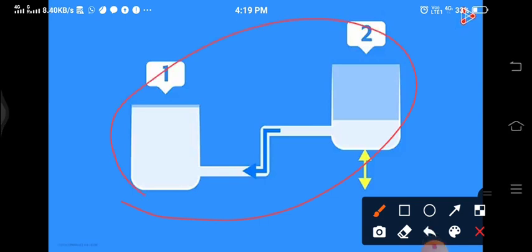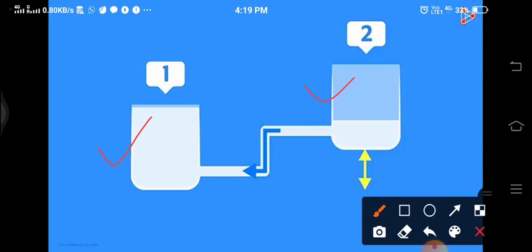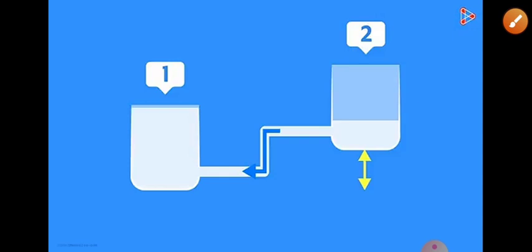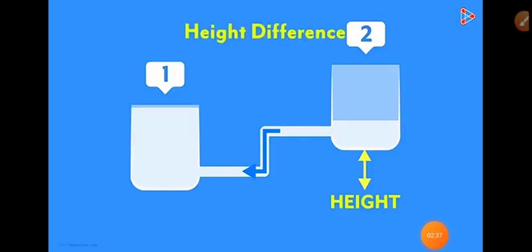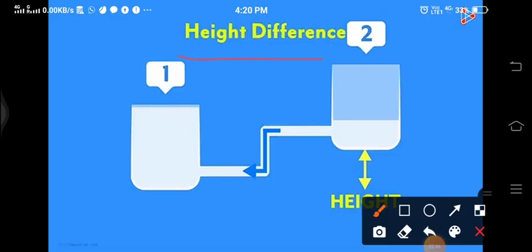This is just an example. We have to consider this example. Suppose we are considering two beakers. One is filled with water and the other also has water, and one pipe is connected between them. One beaker is at a specific height and beaker number 1 is at the ground. Whenever water flows, it goes from higher to lower. The same thing happens with potential, or we can say electricity level. So we can say it is a height difference.